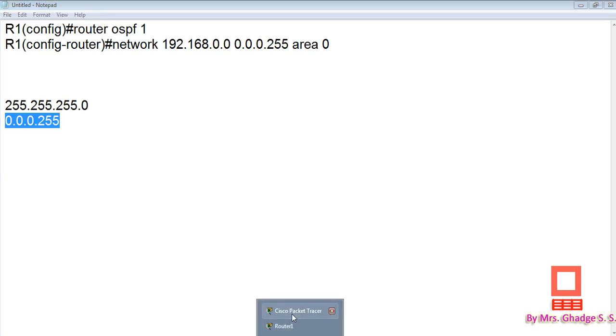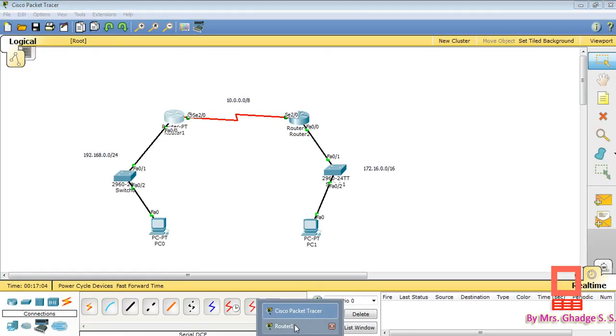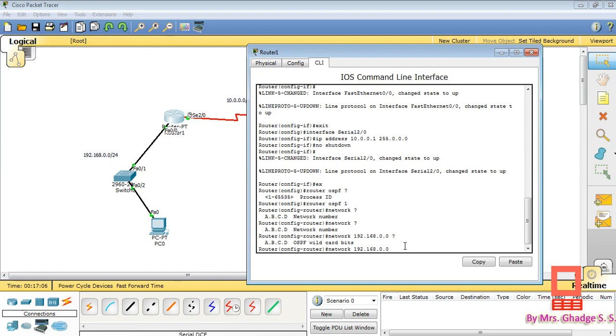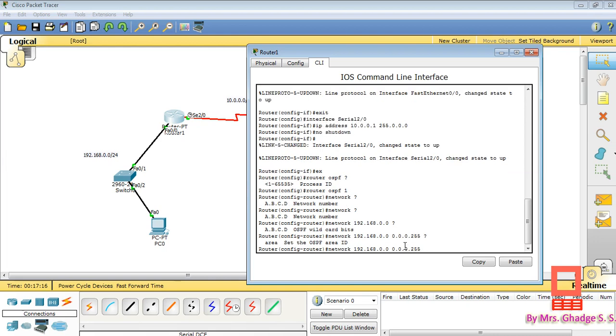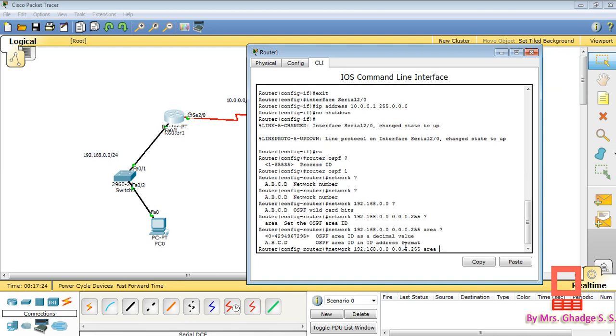So here again we write the wildcard bits, that is 0.0.0.255. Then the next option is area, so here we put area, and after that the next option is the area ID.